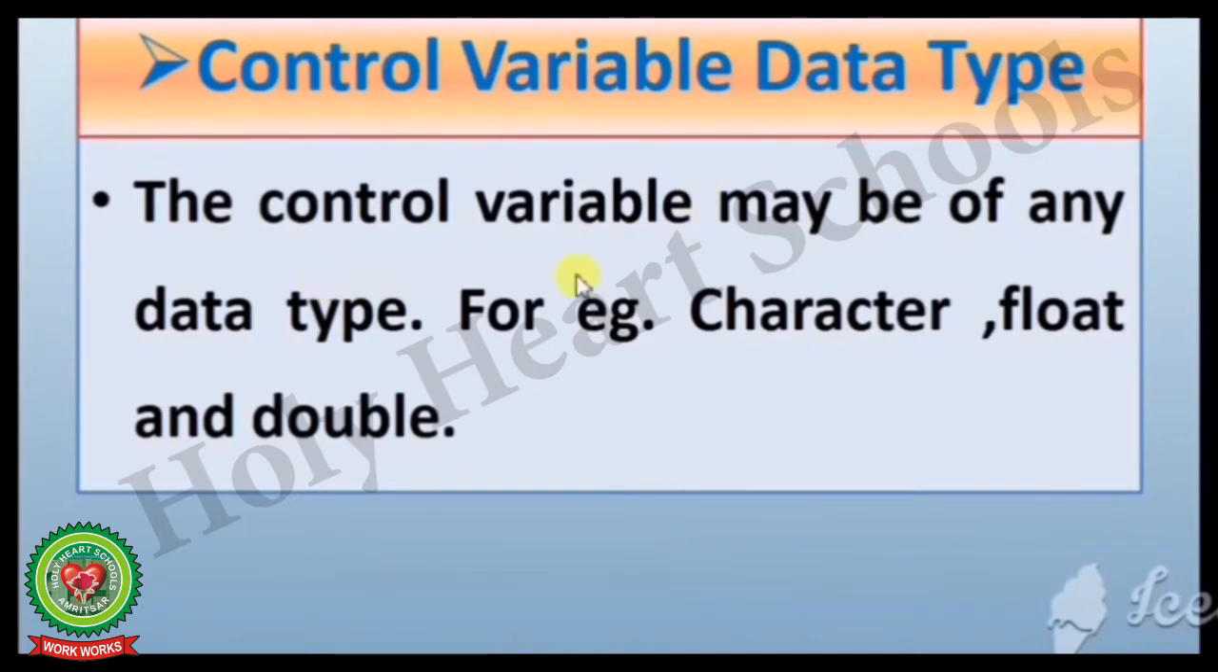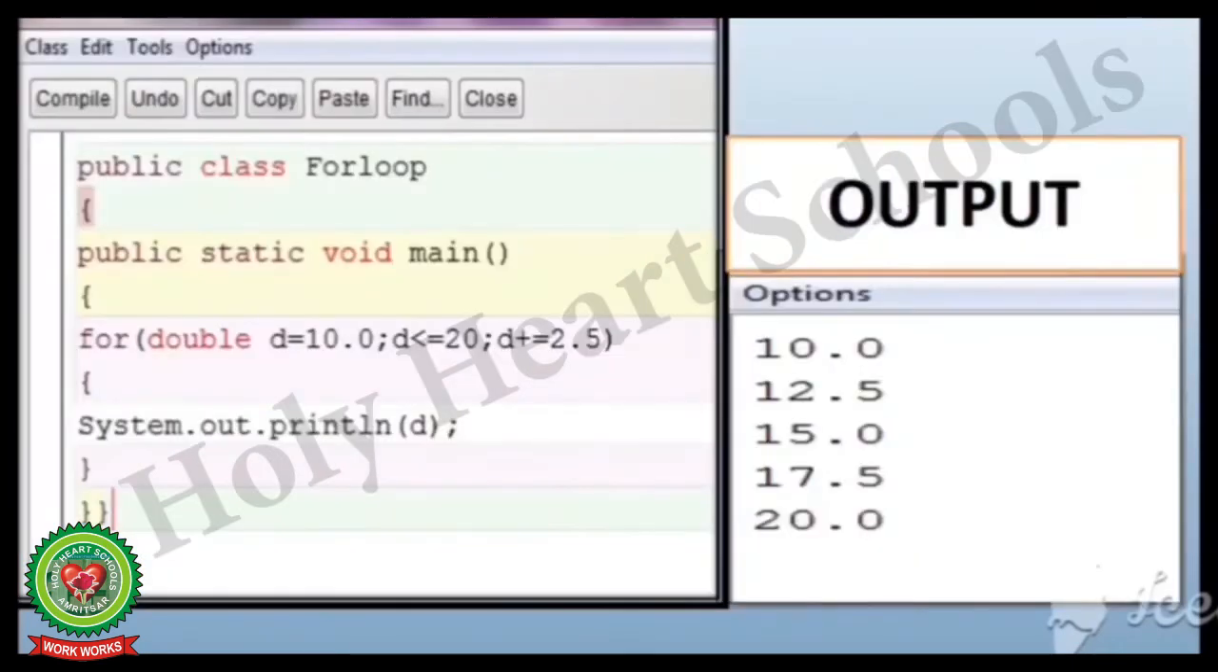The control variable may be of any data type. For example, character, float and double. See the example where variable is of double data type. public class ForLoop { public static void main() { for (double D = 10.0